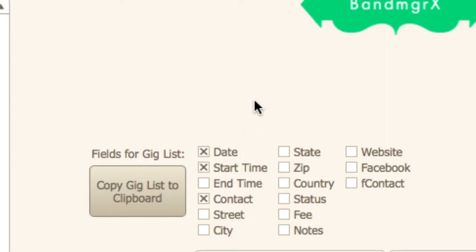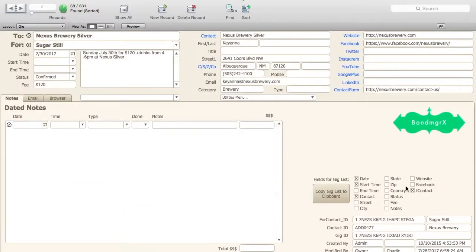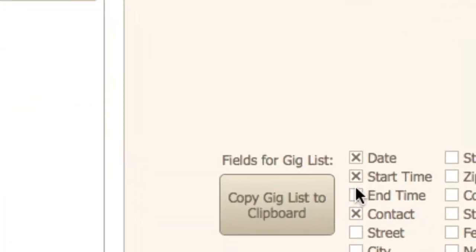And then finally, if you're a festival and you're using this, you might want to do it with the date, the start time, the band name, and then F contact could be the stage, if you're managing multiple stages at a festival. Then you would have a list of the date, the time, the band, and which stage they're playing. So this is a pretty cool little button here, this copy gig list to clipboard,